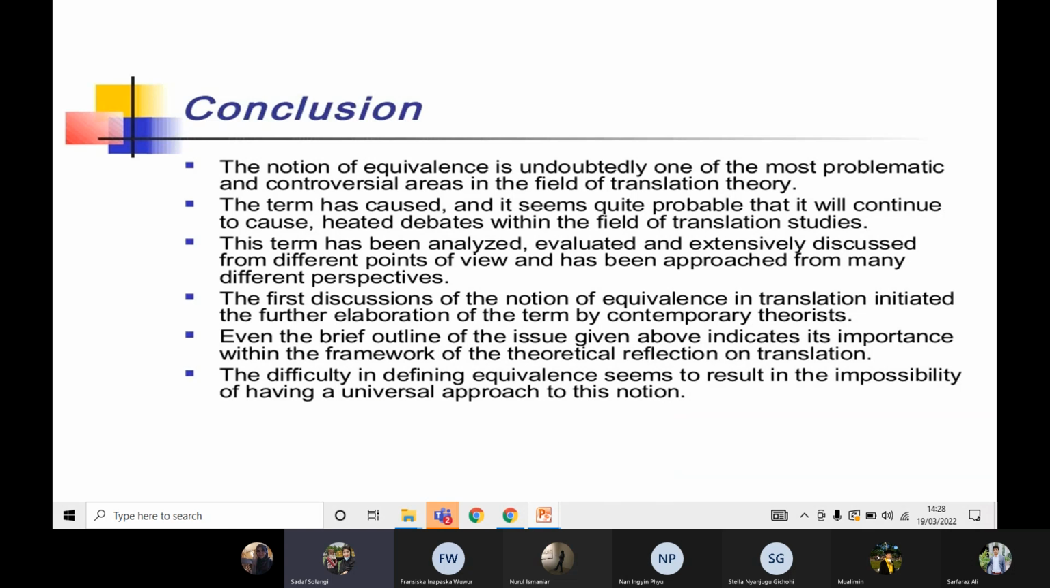This term has been analyzed, evaluated, and extensively discussed from different points of view, and has been approached from many different perspectives. And the first discussion of the notion of equivalence in translation initiated the further elaboration of the term by contemporary theories. Even the brief outline of the issue given above indicates its importance within the framework of the theoretical reflection on translation. The difficulty in defining equivalence seems to result in the impossibility of having a universal approach to this notion. So,